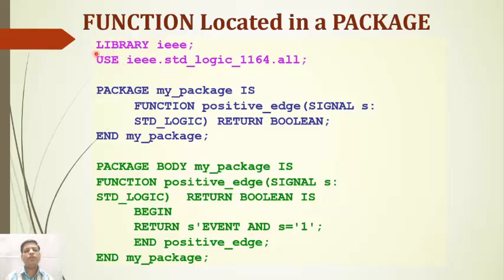First we declare the library: library IEEE; use IEEE.std_logic_1164.all; package my_package is function positive_edge(signal s: std_logic) return boolean; end my_package; Then package body my_package is function positive_edge(signal s: std_logic) return boolean is begin return s'event and s = '1'; end positive_edge; end my_package;